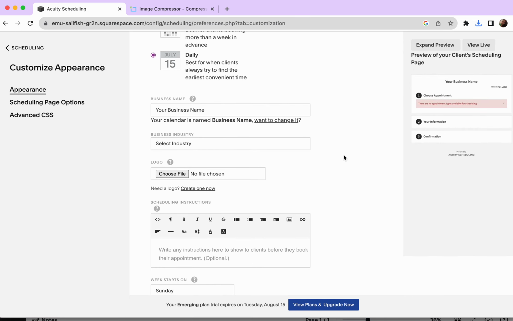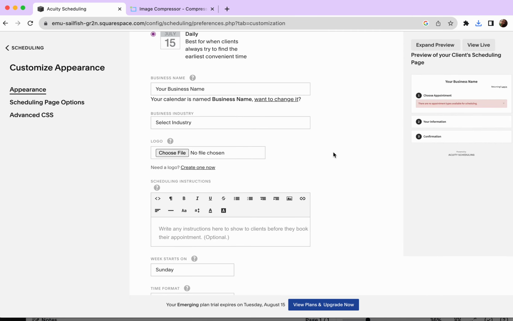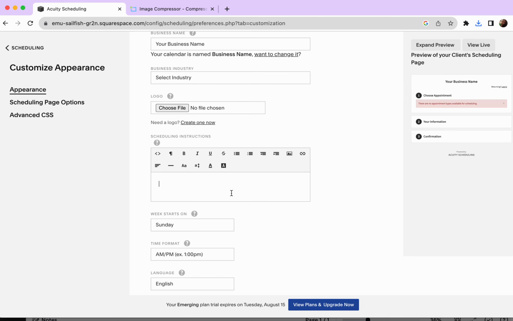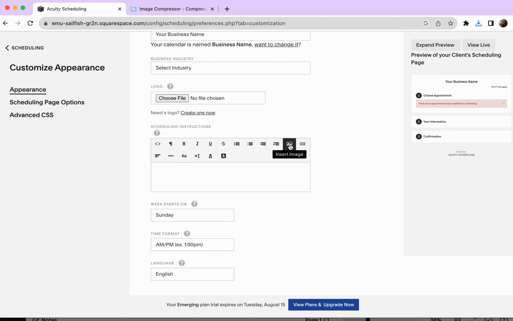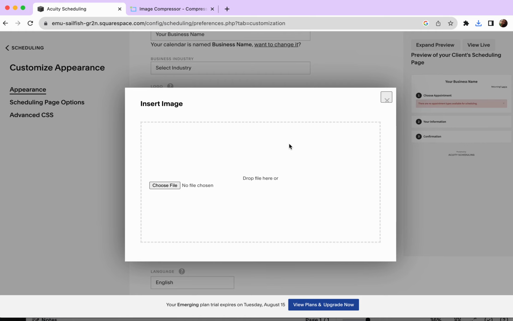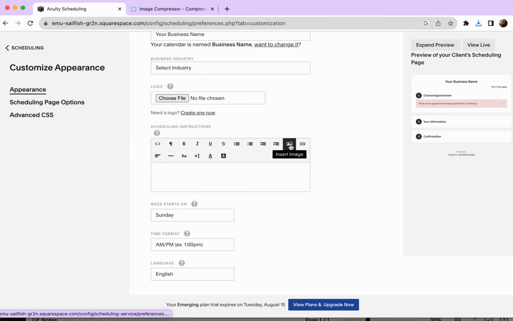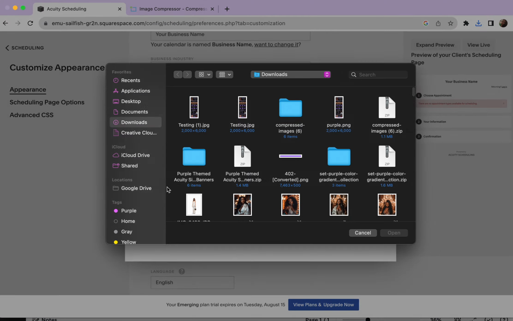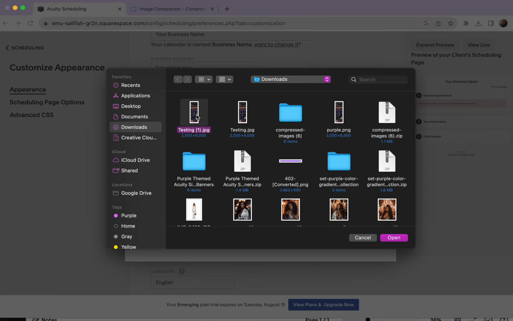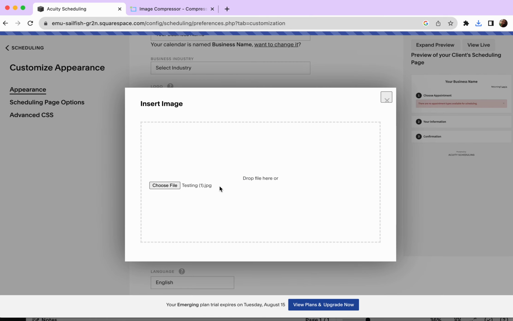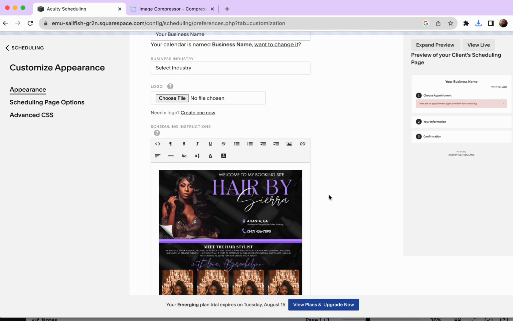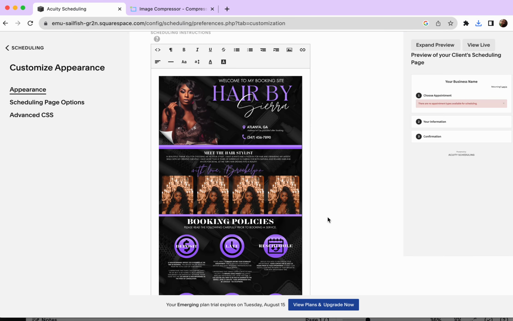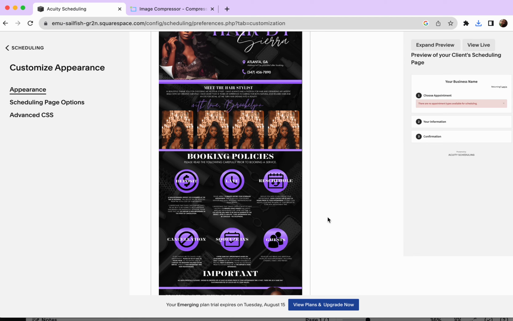Now it's going to take you here. All of this information, you would enter as you'd like, or it probably is already populated if you have an Acuity website active right now. So you're going to click on this little image icon, insert image, choose file. We're going to choose that file that we just compressed and then give it a second. And there you go. So this is why I say it's so much easier to just use the full template,